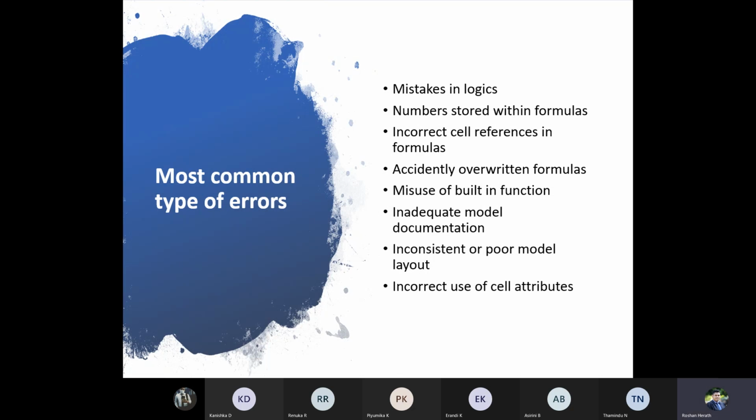Then inconsistent or poor model layout. So we discussed the different model layouts: the rectangular layout, a different worksheet for different blocks, and a different workbook for different blocks. Likewise, we discussed 3 types of layout, but in an instance, you might have used a particular layout which is not suitable for the